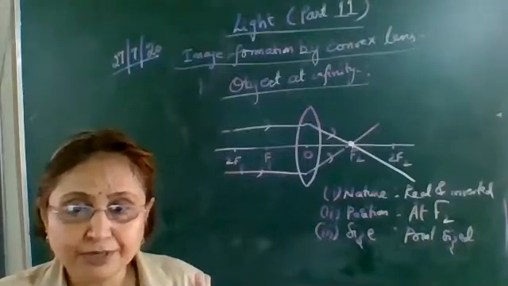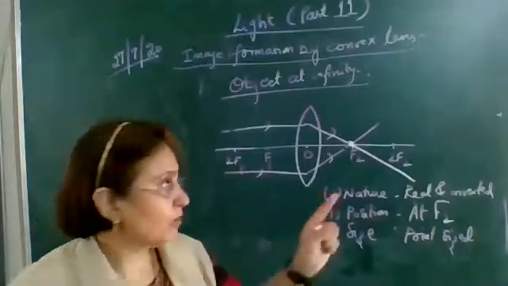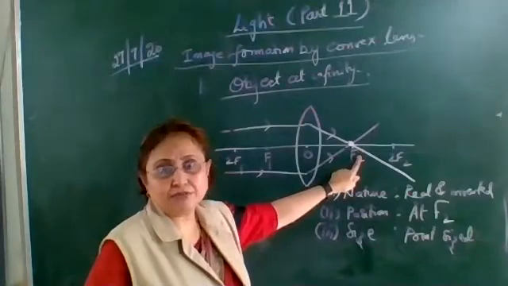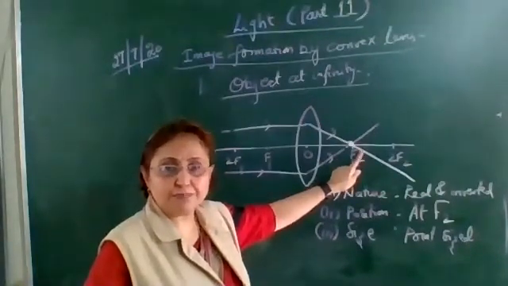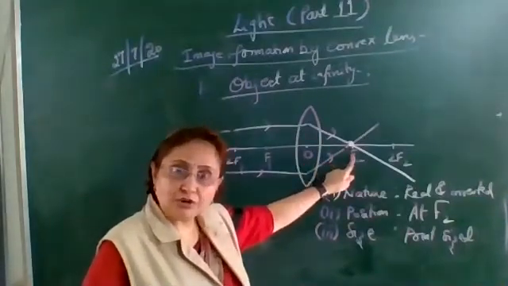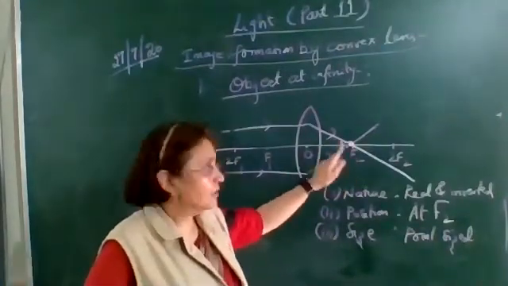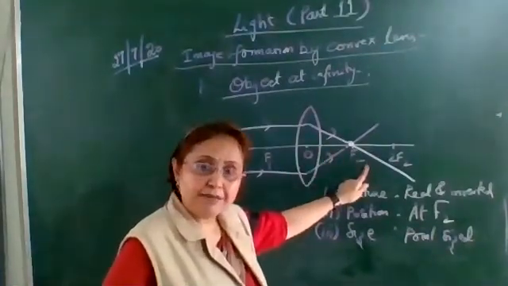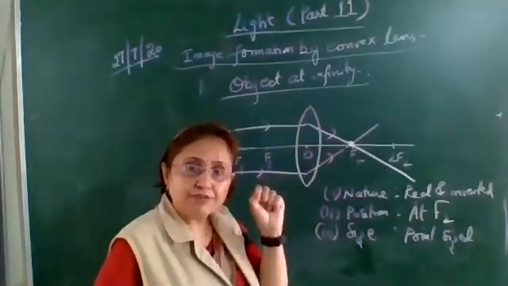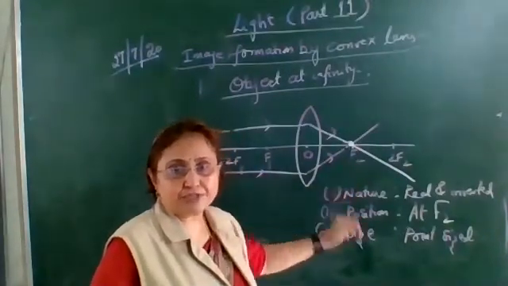But one precaution: never see the sun through that convex lens. Why? Because your eye may be at the focus and your eye may get damaged. This precaution, every time you have to keep in mind, never see the sun through the convex lens, otherwise you may damage your eye. Because when you are shifting, your eye may be at the focus and the bright spot of the sun will be formed at your eye and the eye may get damaged.